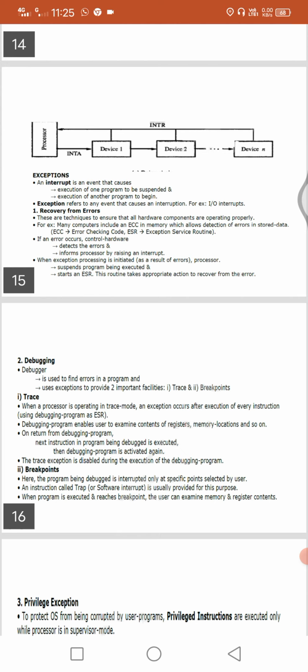Exceptions are only errors, so in order to rectify them, the control hardware sends a request to the processor with the help of an interrupt. Then the processor suspends whatever program is currently running, stops it, and starts the ESR, which is the exception service routine, to handle the errors.